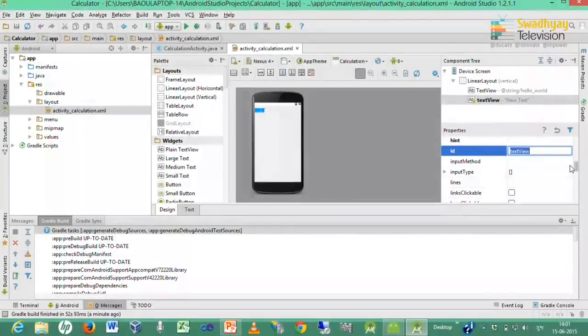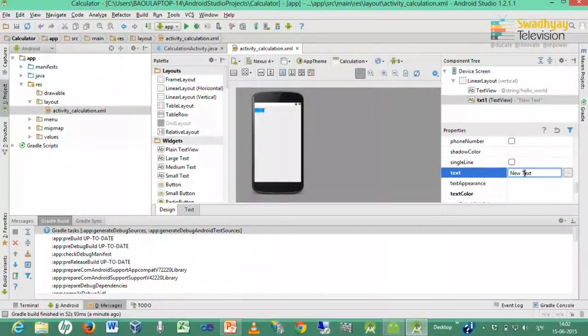So I can change ID as a txt1 and I can write down text as a enter number 1 from here.